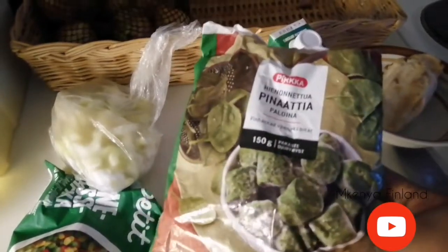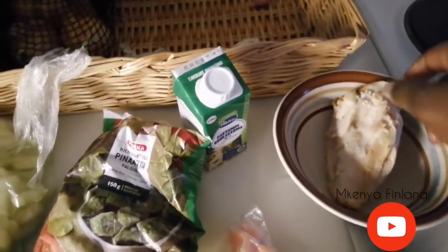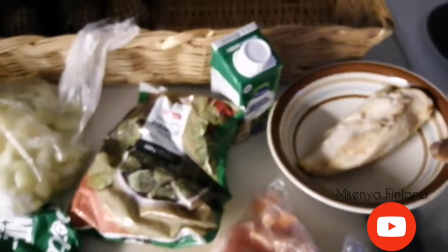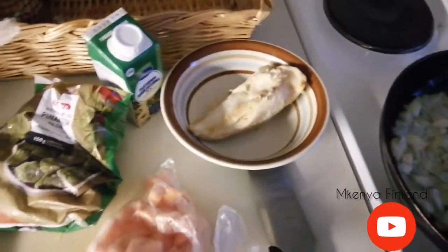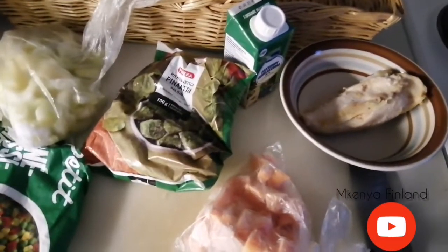So this was bought, obviously, same as this was bought, but they're all from the freezer. And then I have a piece of chicken breast that I had frozen. If you look closely, you can see the ice still on. I was trying to defrost it, but it's not yet defrosted. So I have chopped some onion. That's not from the freezer, obviously. So what I'm going to do now is defrost this, cut it up, and mix everything